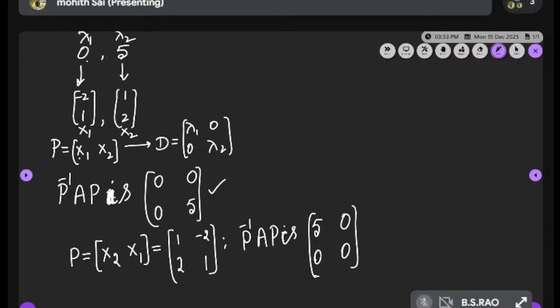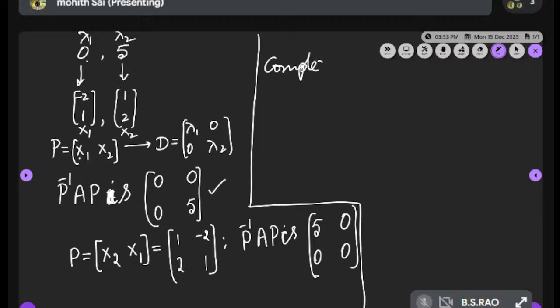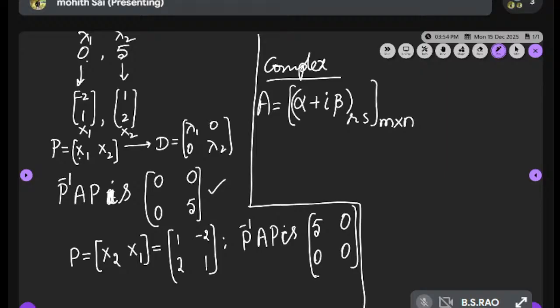Complex matrices. A matrix capital A equals alpha plus i beta of RS of order m by n is known as a complex matrix, where alpha, beta are real, i is the imaginary number square root of -1,